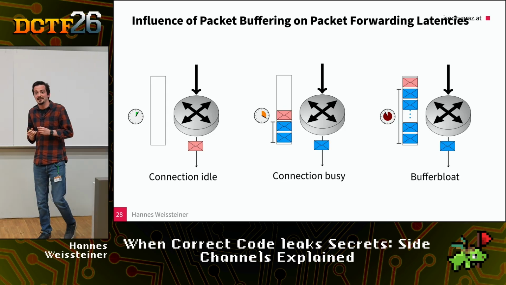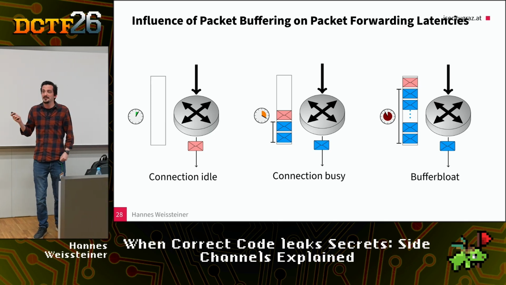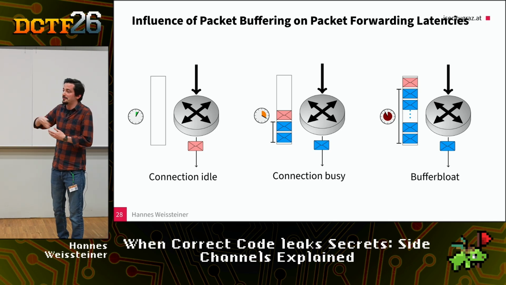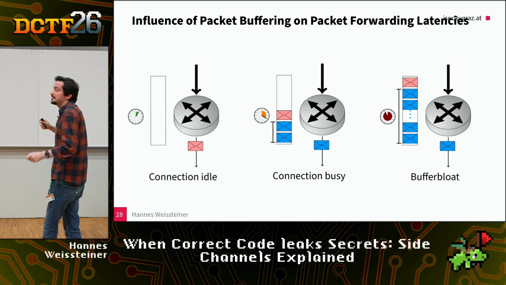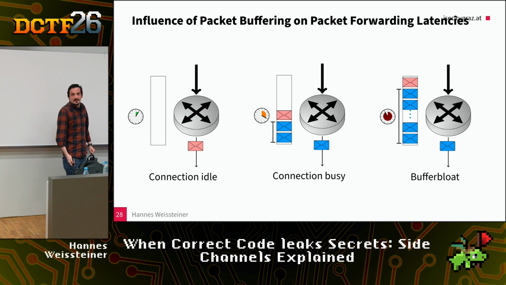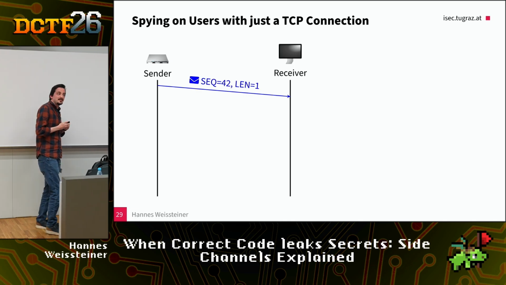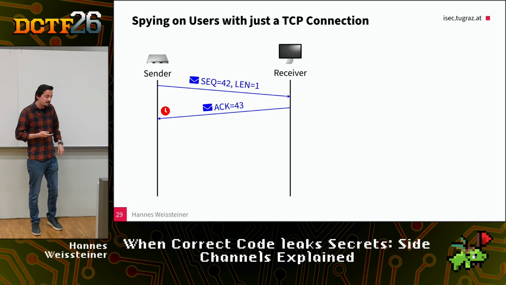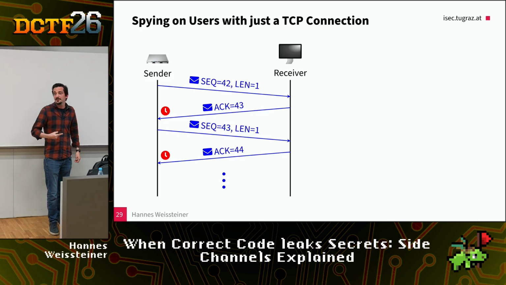Anyone that has played online games knows this behavior. If you are downloading something in the background, the ping increases. If there's nothing in the download queue, the connection is idle, you get your packets immediately. The more other data is in this process of being sent and received, the ping increases up to almost dropping out. And this website that you have open right now sends you 1 byte in a TCP packet, waits for the acknowledgements, and times the time difference in between. It does this again and again and again, and renders this graph to your device live.